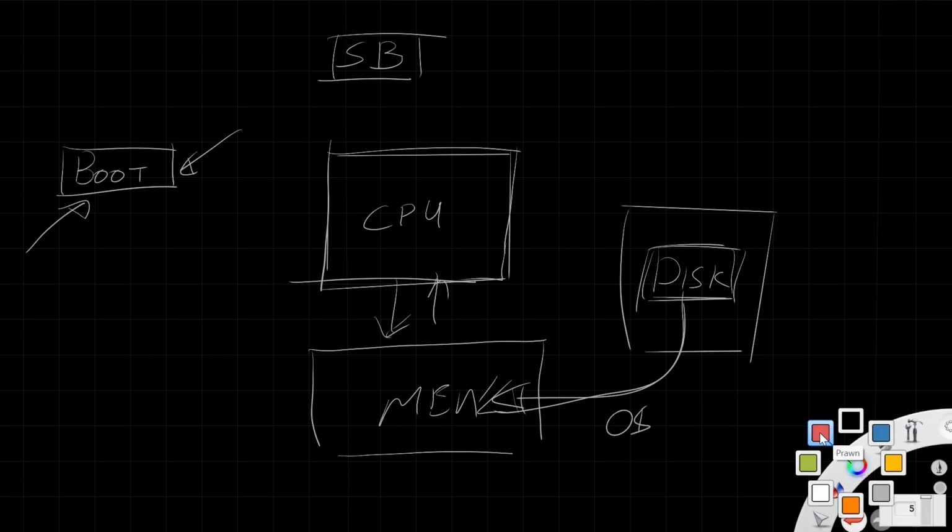After the boot sequence is complete, what will the memory have? The memory will have the operating system and essential applications. Not all the applications, but essential applications will be there, for example, the Explorer and start menu of Windows along with the operating system. So that is what happens in the boot process.